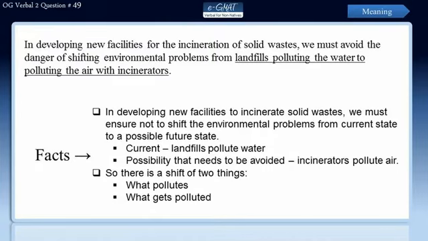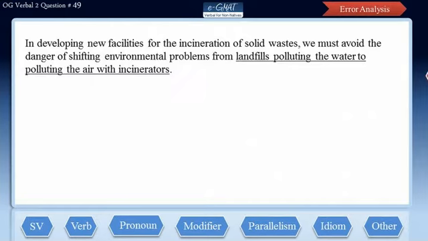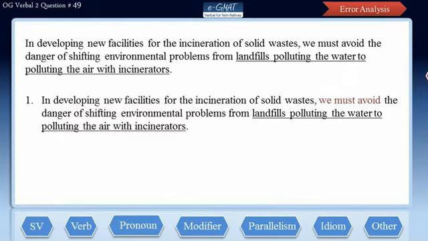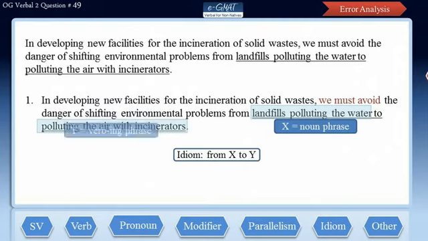Now let us evaluate the errors by splitting this sentence into its clauses. Since this sentence has only one subject-verb pair, we have just one clause here. We is the subject and must avoid is the verb. Now this sentence uses the idiom from X to Y. The phrase landfills polluting the water stands for X, and it's a noun phrase because it starts with landfills. What stands for Y is polluting the air with incinerators, and Y is a verb-ing phrase because it starts